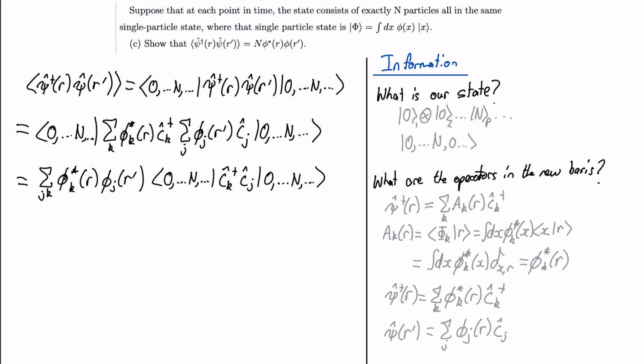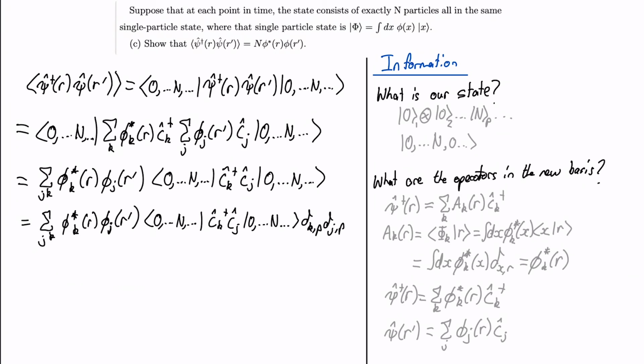as we evaluate our sum over j, when j equals 1, we'll apply to this state, and we'll pull out a 0. It'll do that for all states except for the pth state, as that state has an n in it. Similarly, this will happen as we do the sum over k. So this is essentially two delta functions. Evaluating these deltas,